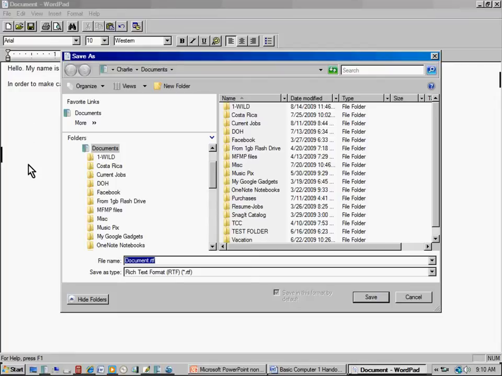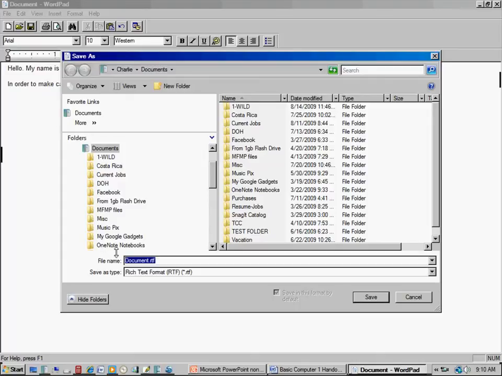Again, this is something you'll have to get used to. I've custom designed my own folders. These are put in here by me, depending on what I'm working on. So what I'm going to do is I'm just going to save them right here in this folder called Documents. Sorry, this looks really complicated. But in order to do this, I've got to give it a name, or all my documents can't be named Document. So I'm coming down to File Name, and I'm going to just,